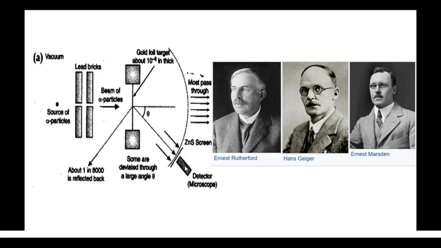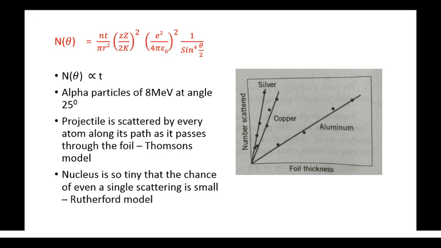With the help of the detector, they also noted that most of the alpha particles undergo no deviation or no scattering. Only some alpha particles undergo scattering with a very small scattering angle. So we are now analyzing the Rutherford scattering formula with the experiment done. Here the first factor is the thickness of the gold foil, represented by t. The number of scattered particles depends on theta, so N of theta, and this factor depends on the thickness of the gold foil.